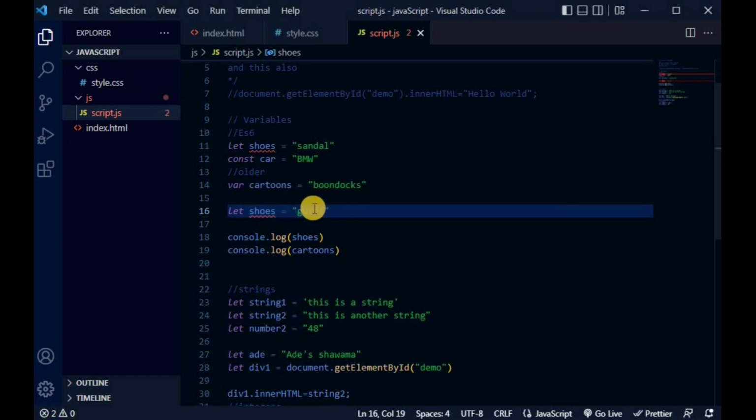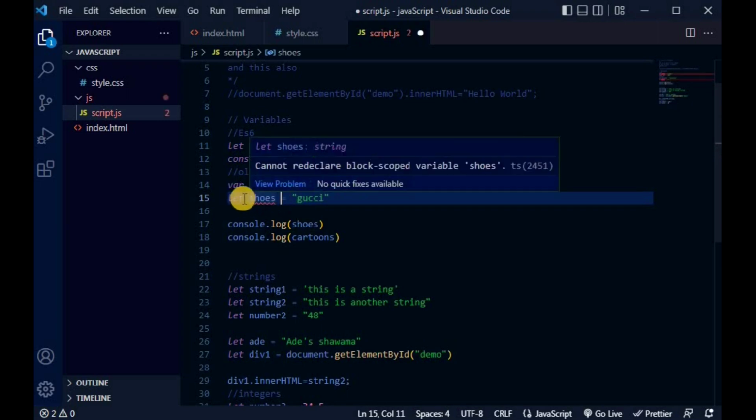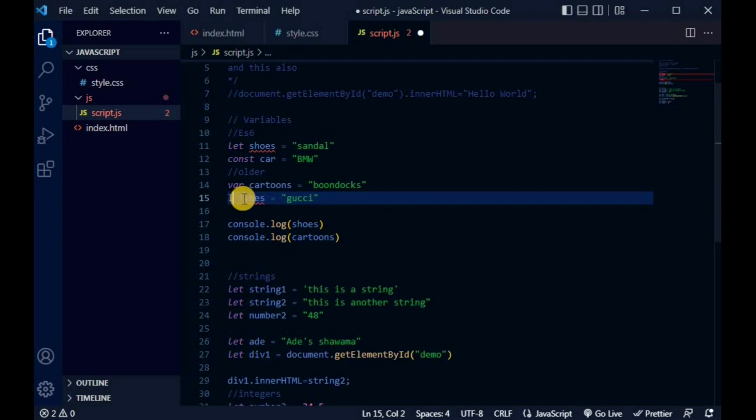We can't do this. It's not possible because we've already declared it here. Although we can still come here and change the value of shoe from sandal to Gucci. It's possible, but we can't declare shoe as another variable afresh again. But if it was var we used, like let's say we come and say var